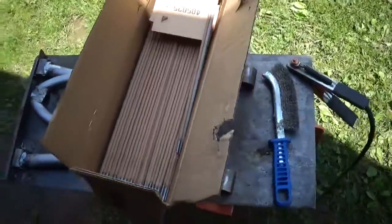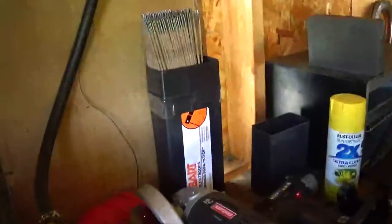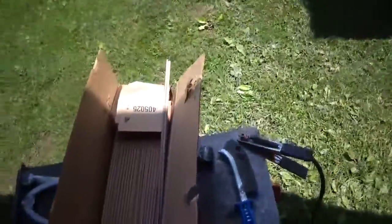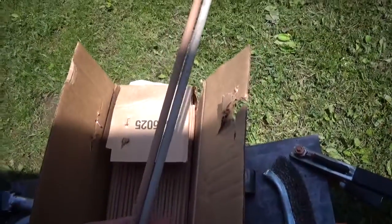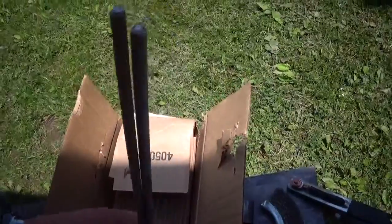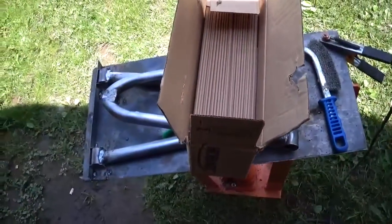Alright, went to the store and got some Hobart, and that is what the other brand I have is, Hobart. Those are the 3/32s. They didn't have any Lincoln. This came from Rural King. Lowe's just wants to sell you a pound at a time, and it costs more money to buy a pound at a time. And also Rural King did not have a 10-pound container of